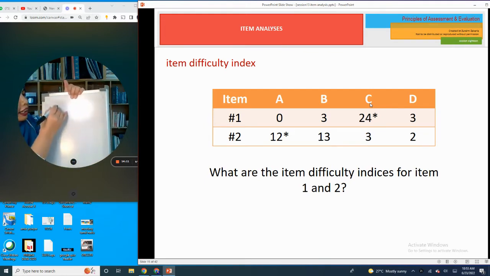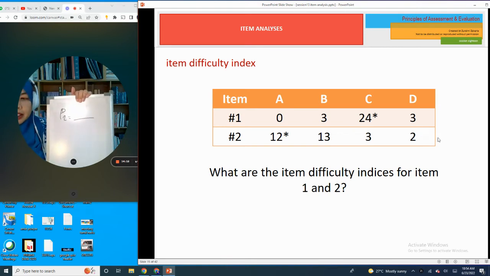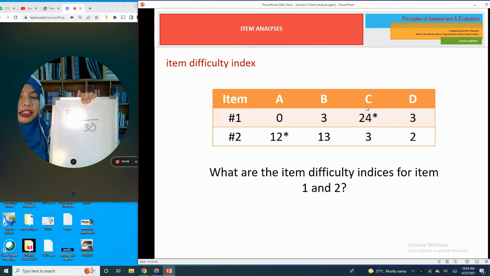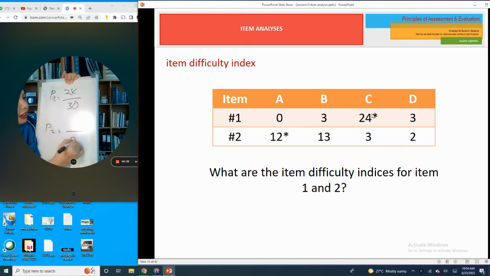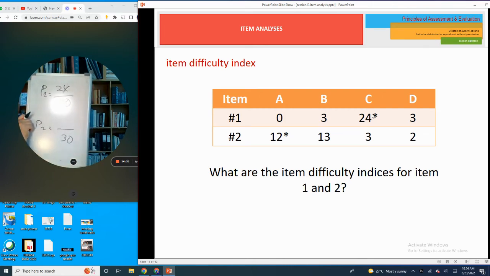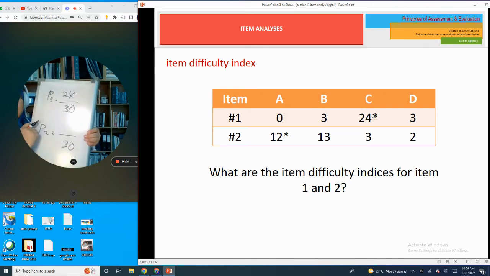Item difficulty index for item 1, we know that there are 30 people who sat for the test, because altogether we have 30 here and 30 here. And for item 1, 24 students answered item 1 correctly. And for item 2, 30 students sat for the test, and 12 students, because this is the correct answer, answered item 2